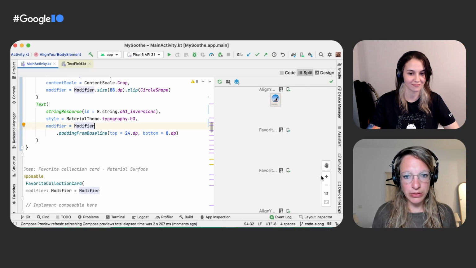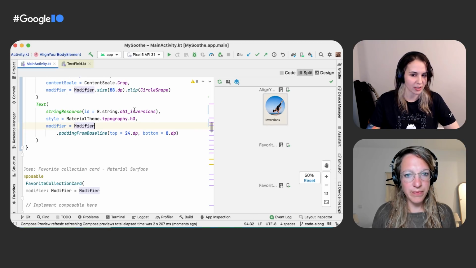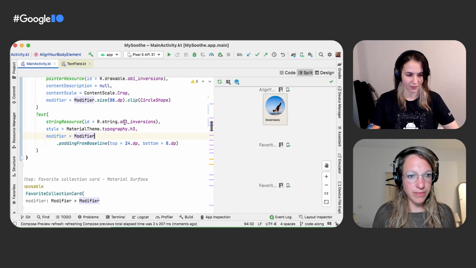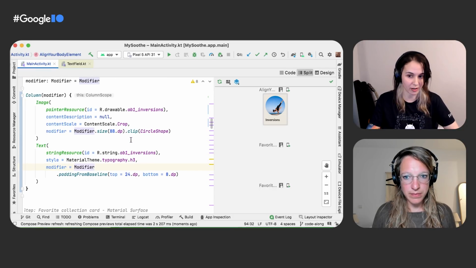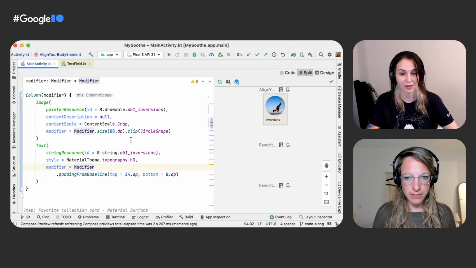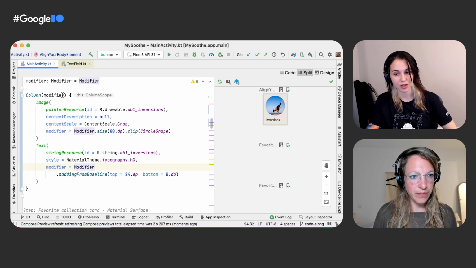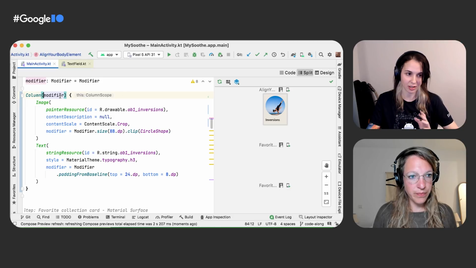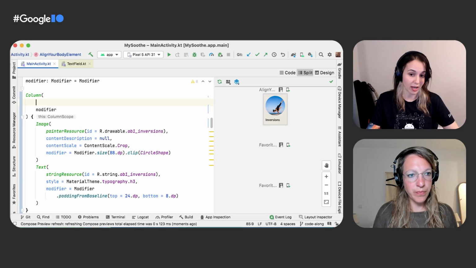So anything else? Now, I think we can finally set the horizontal alignment to the parent column. In Compose, instead of aligning a child inside its parent, you can actually let the parent decide how to lay out its children. For a column, you can decide whether its children should align to the start, center, or the end. And for a row, that would be a top, center, or a bottom. So for a box, you can actually combine horizontal and vertical alignment, so both.